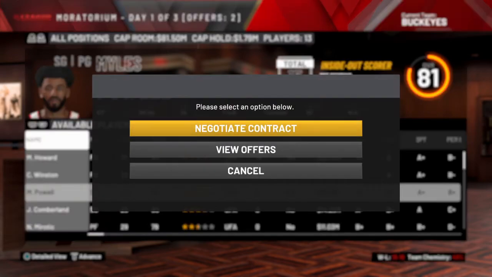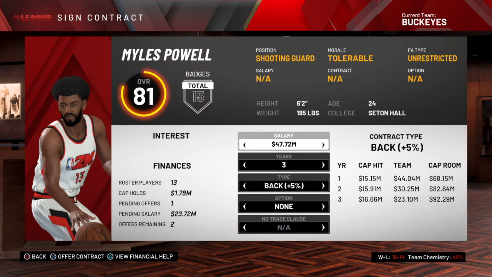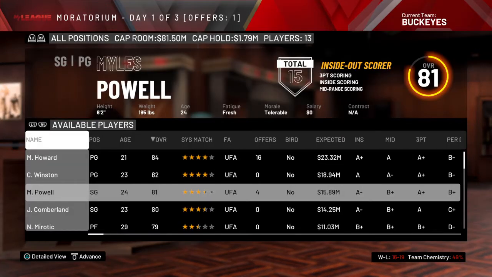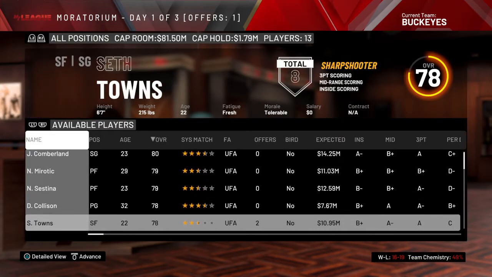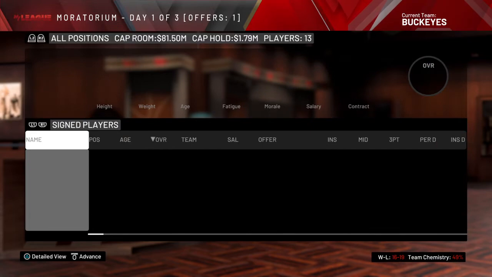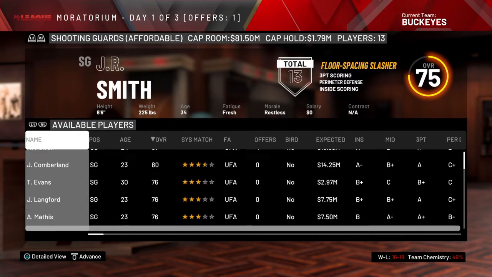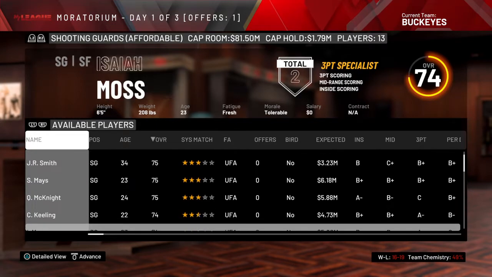We're also going to be putting an offer in on Miles Powell because I liked how he played when I played with him in the All-Star game. We're also going to give him a player option. Some of the actual NBA players are in this free agency, which kind of sucks, but